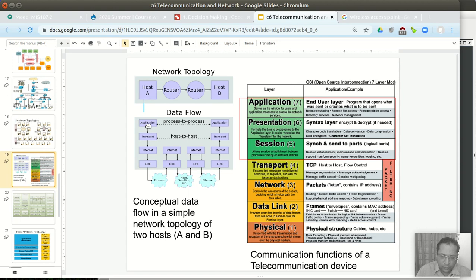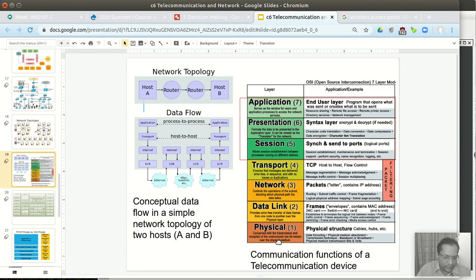For data to flow, let's say both applications are using WhatsApp, right? From this WhatsApp to that WhatsApp, there needs to be a connection, but they cannot directly connect. They have to go through their OS and then through their network, right? So what happens is at a transport layer, there is a layer. For data flow, there are multiple layers.